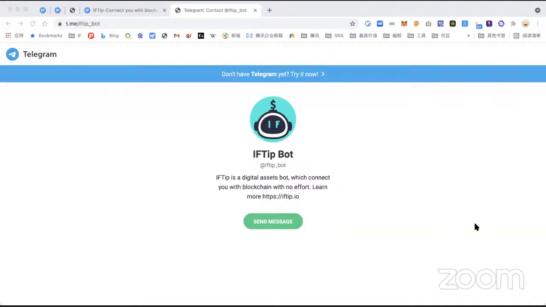It will pick 10 lucky people, and everyone will get 0.1 Matic. Of course, it supports Polygon's tokens. Yeah. You can also tip a single person.